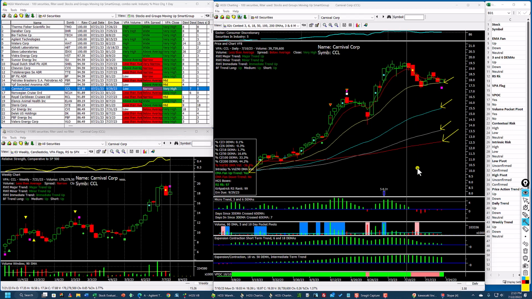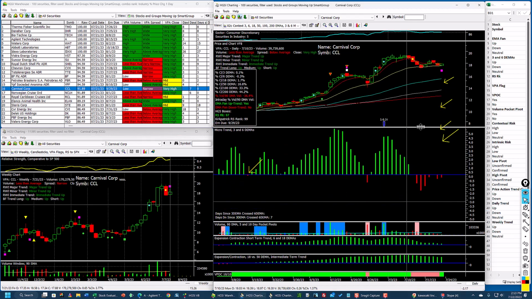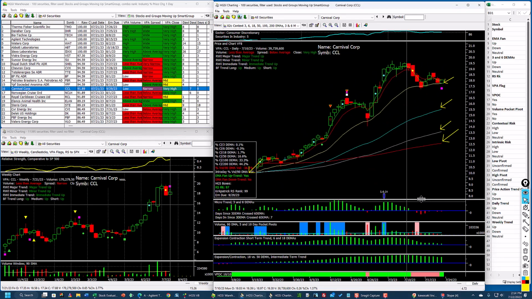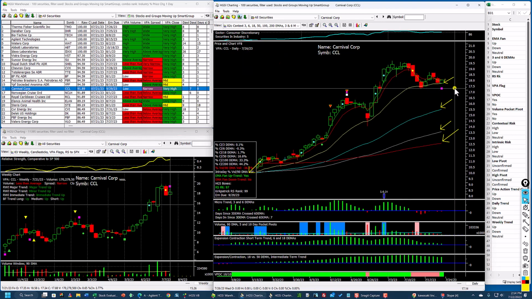if you look down here, you can see that the 3 was below the 6. Even at this point, I don't believe, I'll have to take a look at this. I need to gain control here. No, it did not cross. This is the reason I put this window up here, so I could see it better. So it didn't cross, then it pulled back, but now we have a test, and this could be,